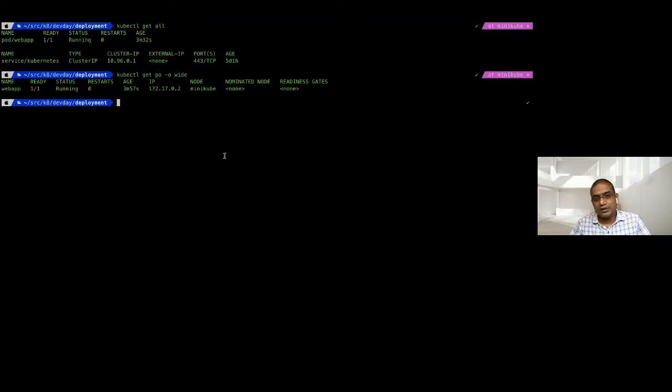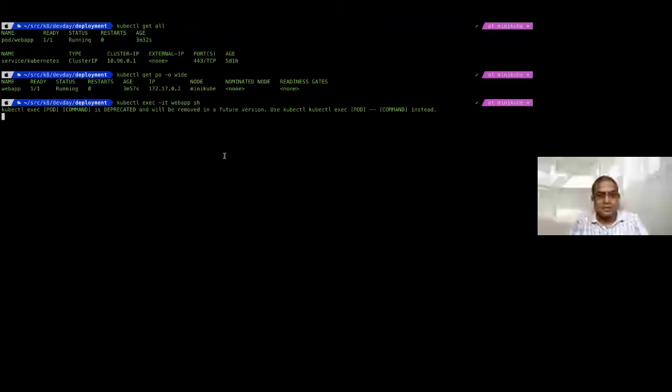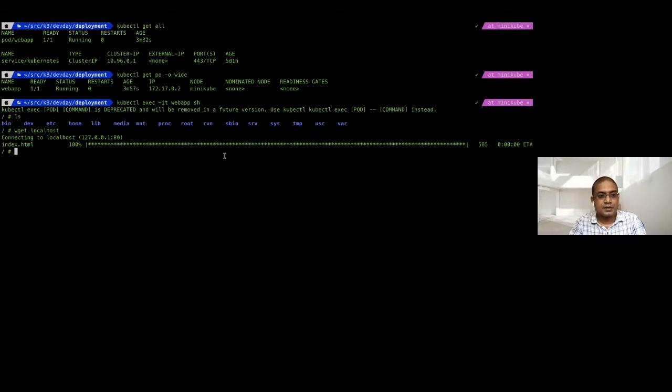So how do we know whether this one is working or not? What you can do is go inside this pod and see what is in it. If you are familiar with Docker, you might be familiar with this. So I'm going inside this pod now. In this pod, I can do ls and all. So it's there. I can simply do a wget on localhost, and if I cat this index.html,